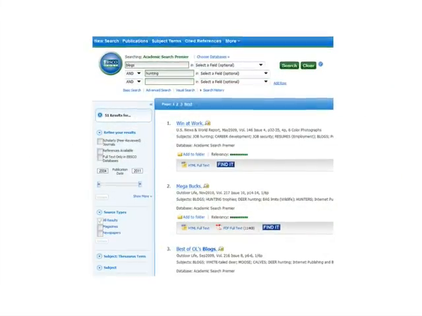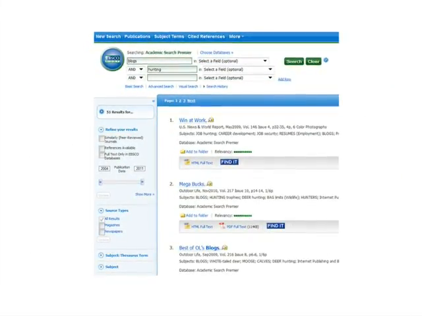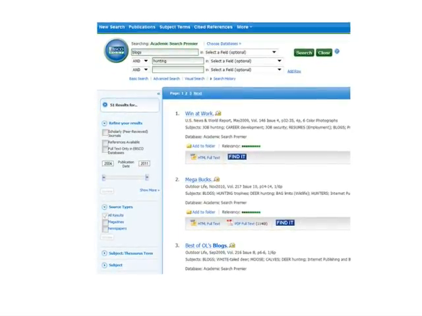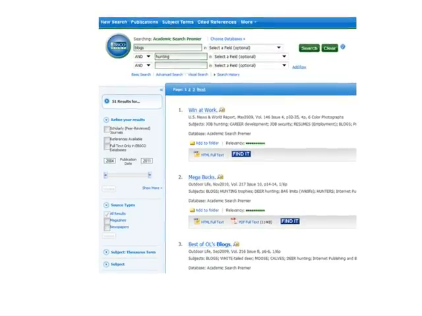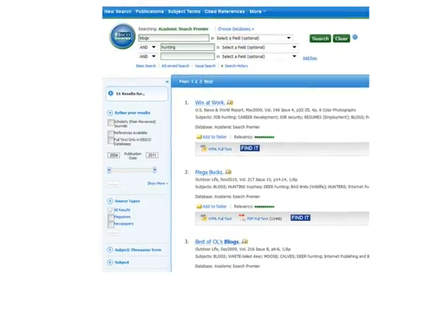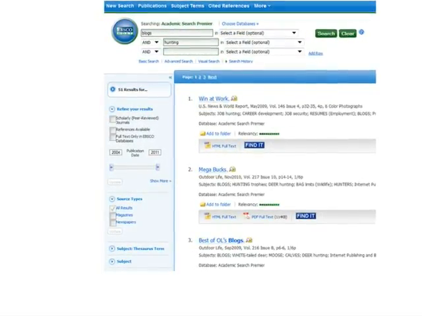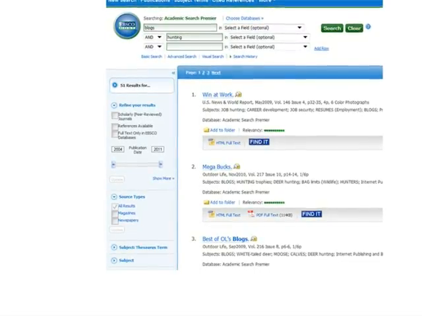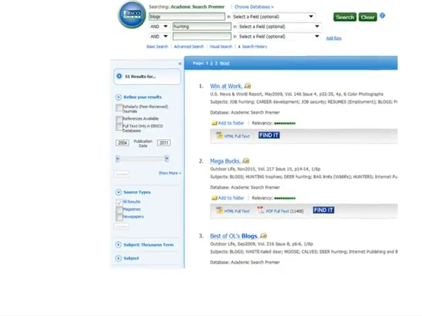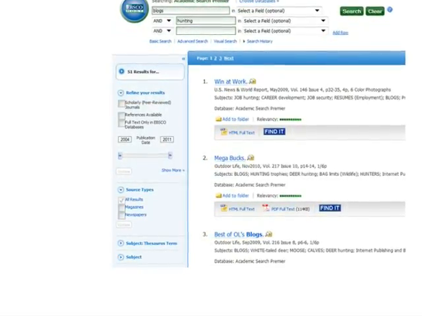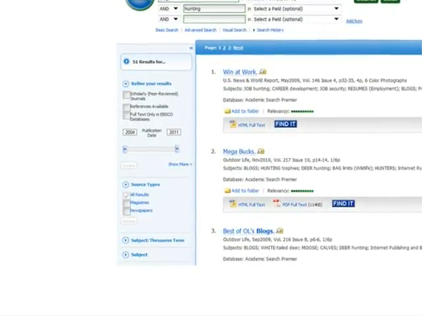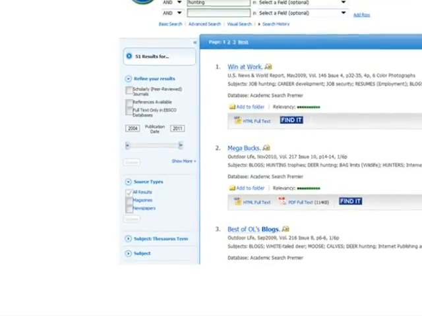On this next slide, we tried blogs and hunting, and we got 51 results. If you look down at item 3 there, it's the best of Outdoor Life's blogs. So that's going to send you to some blogs, give you some ideas, and it'll say something about them, all right? I'm just asking you to use a little bit of this research to help frame the views that you take in your rhetorical analysis. You give some background on blogs, or you talk a little bit about blogs in the analysis to help the reader see what the whole larger conversation is really about.